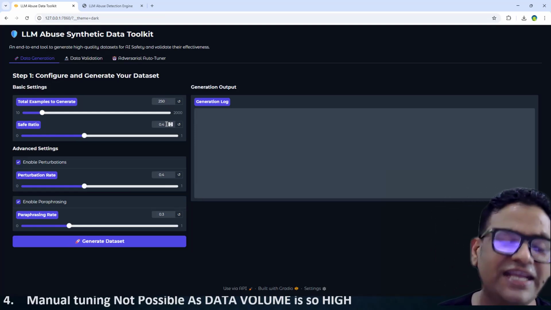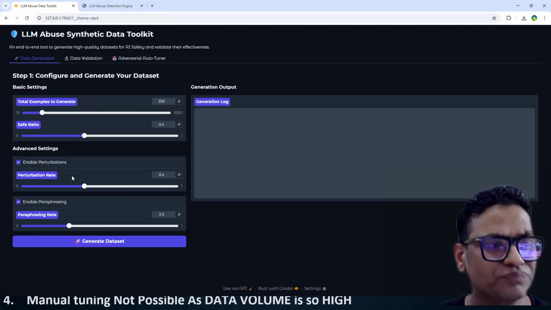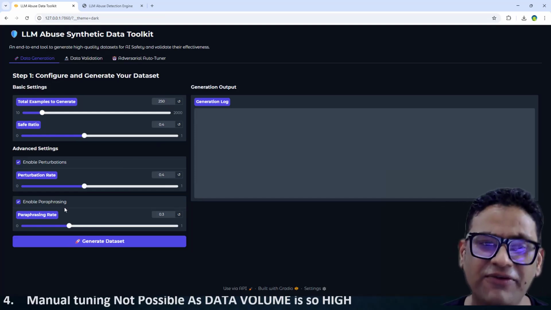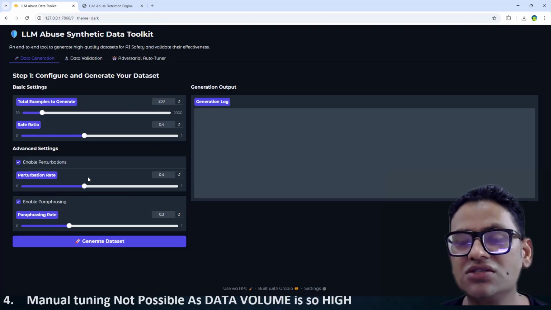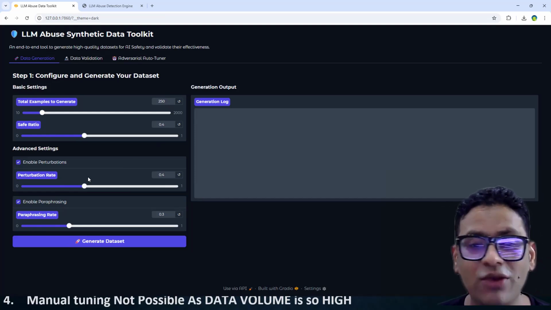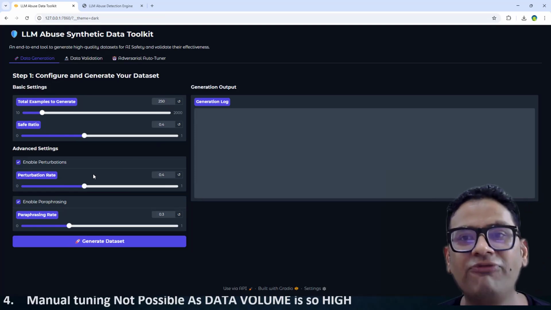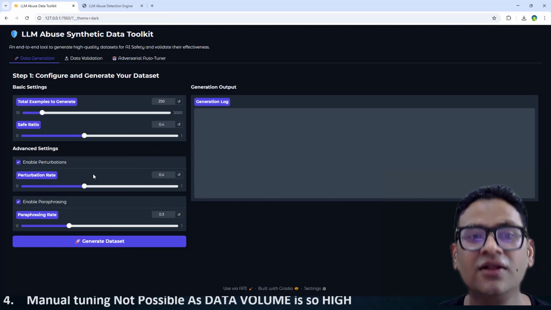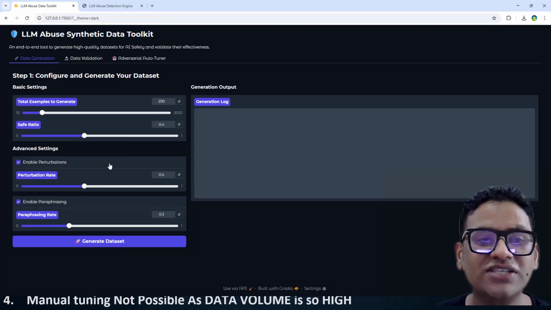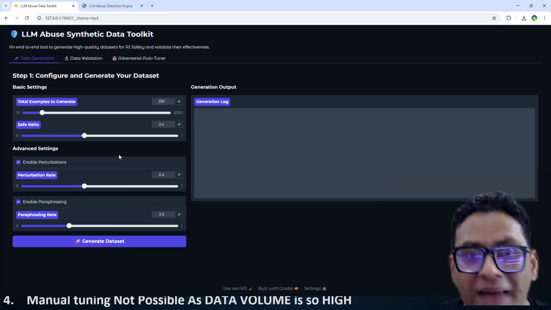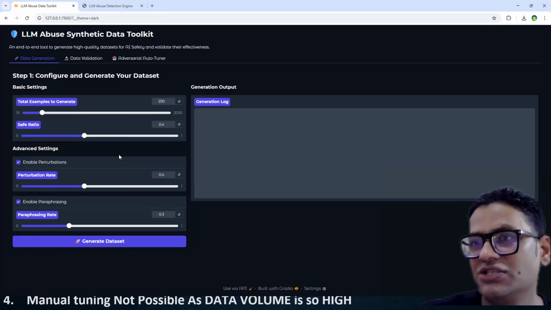The safe ratio is 40%, meaning 40% of the data population would be a positive outcome and the 60% is the negative outcome, which is going to predict the negative scenario. The perturbation rate and the paraphrasing give some context through which you can manipulate the large language model. It's kind of obfuscating your negative intention with a positive message,